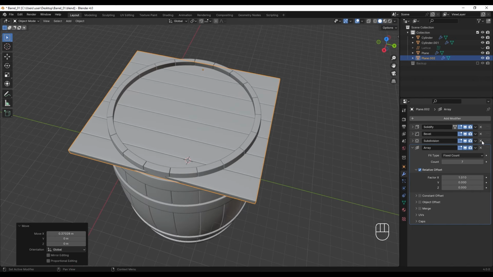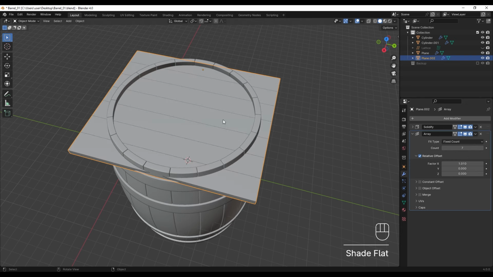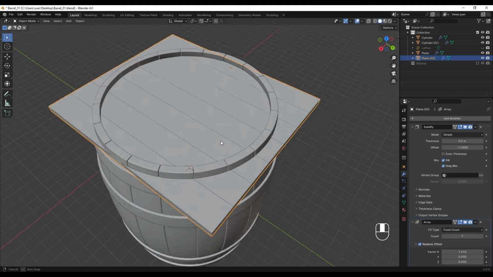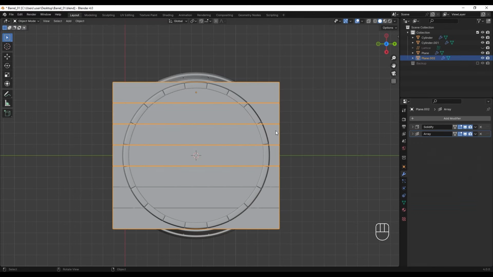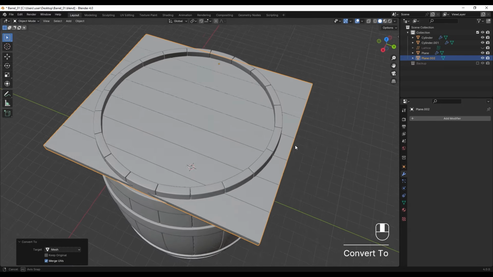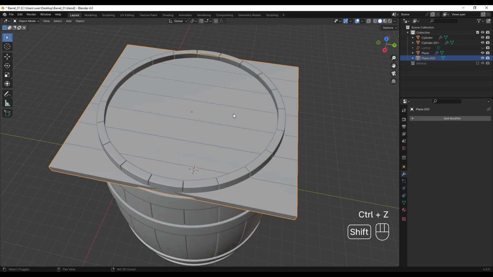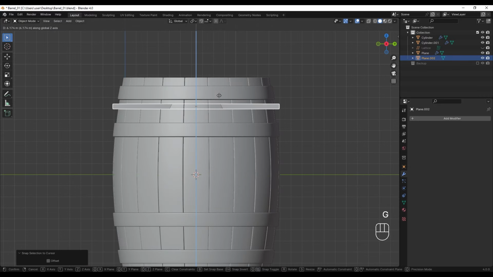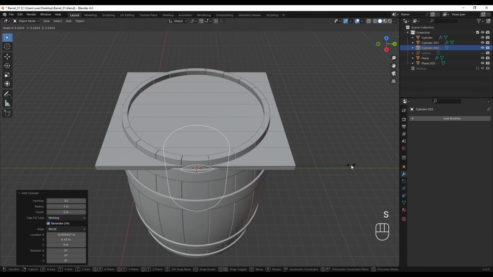I'm gonna delete the subdivision surface, and also I'm gonna delete the bevel and right click and shade flat. And also I'm gonna open up the solidify and I'm gonna check the only rim for this one as well. All right, then we can apply this. So right click and convert this to mesh, and also right click and set the origin to geometry, and again Shift S, selection to cursor to make it exactly at the middle of this barrel, and again move this up maybe here. Then we are going to add a cylinder, scale this up,